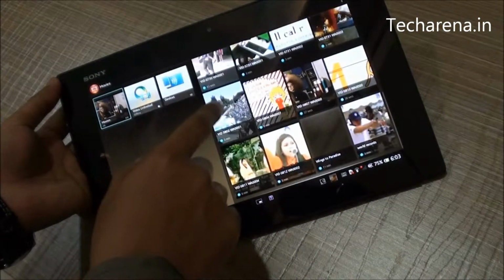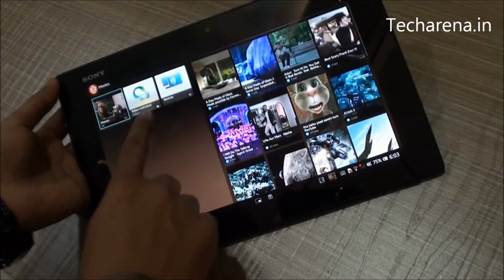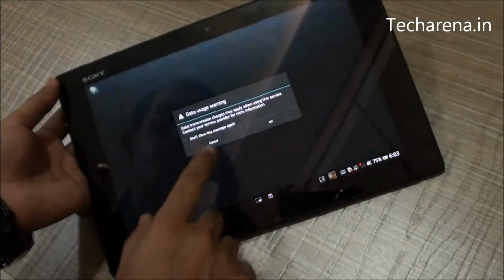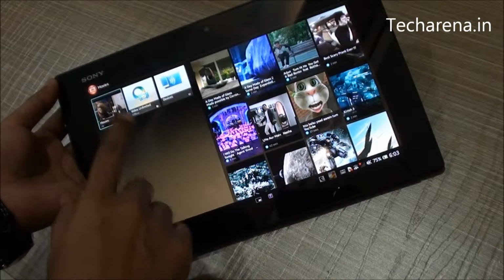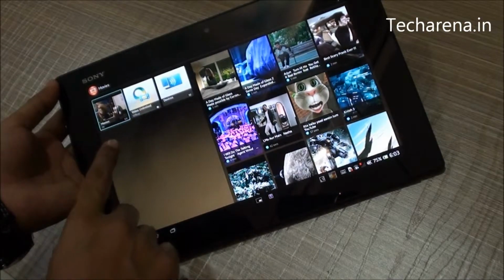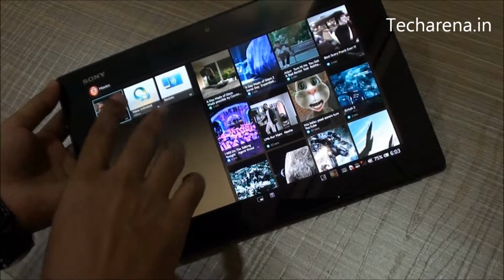Now you can see the videos are arranged in the form of thumbnail view, and along with this you have two more options available, where you have a Video Unlimited feature which works on Wi-Fi. This feature works through SEN, which is Sony Entertainment Network, where you have some set of free programs available on this service. It is free to use.